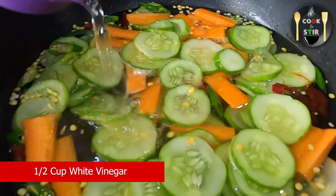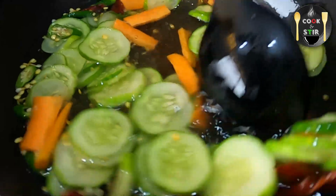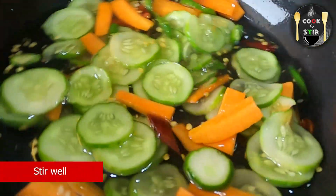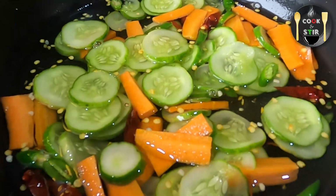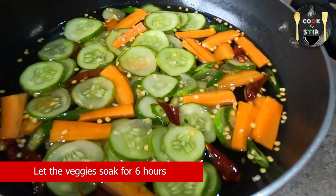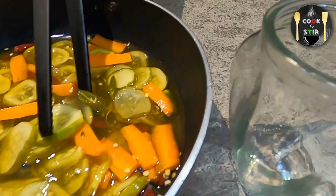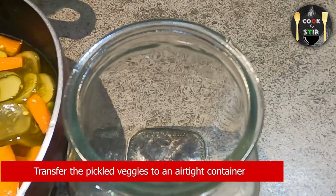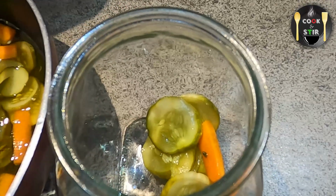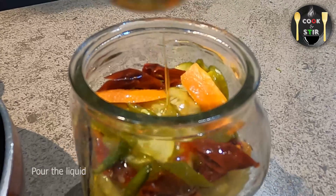Add half cup white vinegar and stir well. Let the veggies soak for minimum 6 hours. I hope you can see the change in color of the liquid and the change in the lighting too. Now transfer the veggies to an airtight container. Pour the liquid